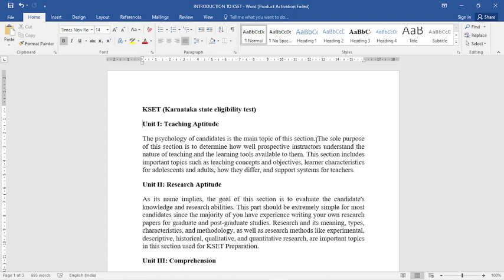Because as we know, in total we have 300 marks. In that, there are 50 questions from the first paper, that is each unit carrying 5 questions and each question carrying 2 marks. So a total of 50 questions, that is 100 marks, and 100 questions from our own subject, that is 200 marks. So total 300 marks. The eligibility cutoff is not fixed, but if you cover around 50% of the total marks, that is 150 marks, then there may be a possibility of clearing the